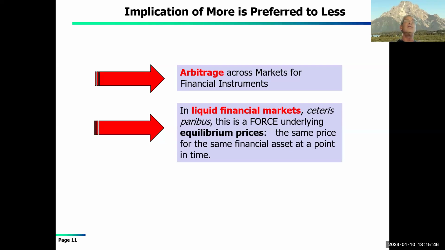Whereas when you get into less liquid markets, one of the classics that most of you are probably aware of is the market for real estate. How much is your home? How much would you get if you decided to sell your home? Well, some people would come over and there'd be a range of bids. It's a fairly liquid market, but it's nowhere near as liquid as buying and selling a stock through a broker, which you can do if you've got an account. You can pick up the phone and do either transaction. They can quote a price at the time, and that's the price, and you accept the price.